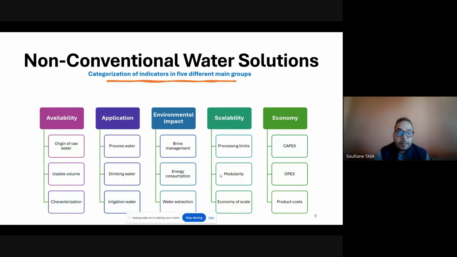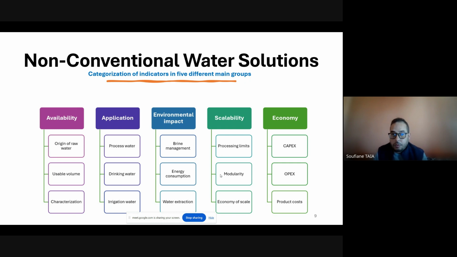So to evaluate those non-conventional water resources, we categorized indicators into five main groups. The first group is availability. Second is the application, which addresses the utilization of those processes in drinking or irrigation, and also